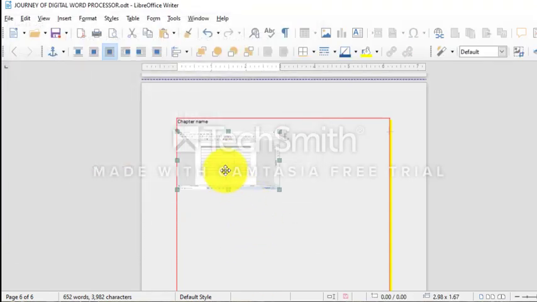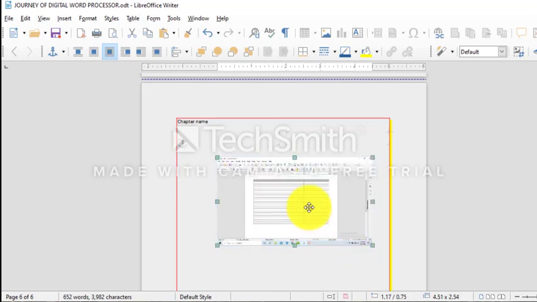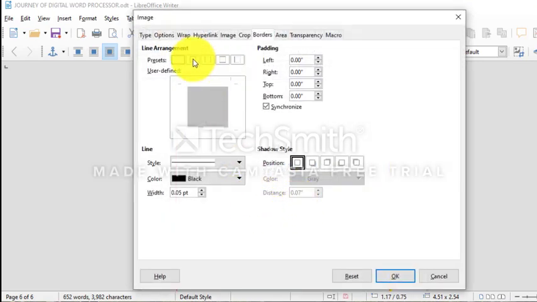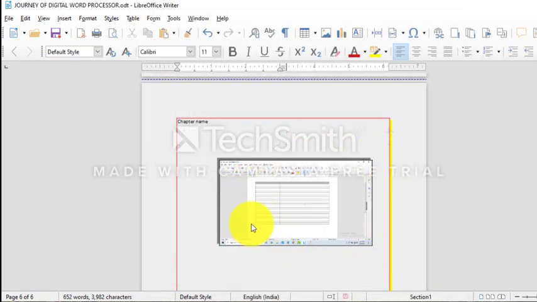You can resize it. Just double click on it. I want all 4 borders. I also want a shadow, and I will click OK. And now you can see there is a border and there is a shadow. So this is all that there is in page formatting. Thank you.